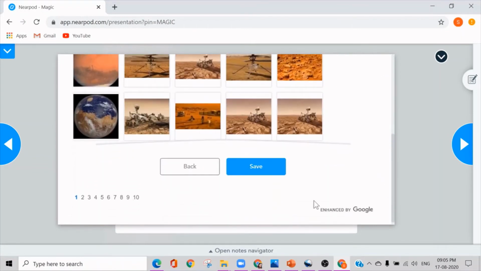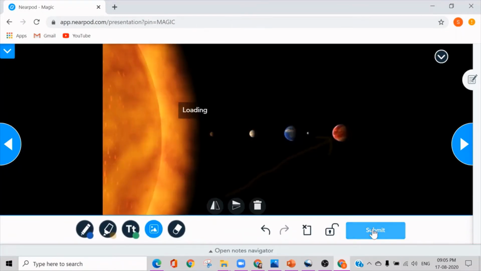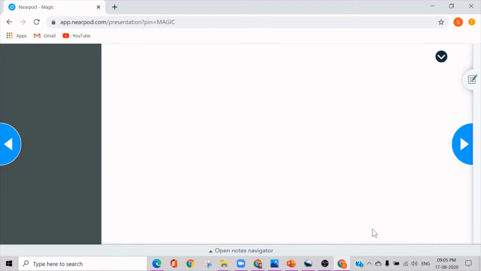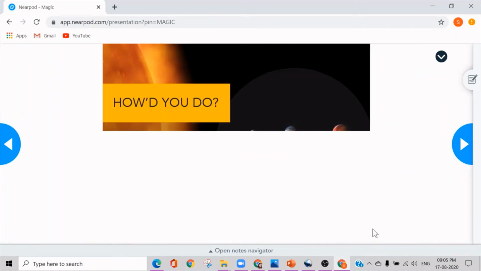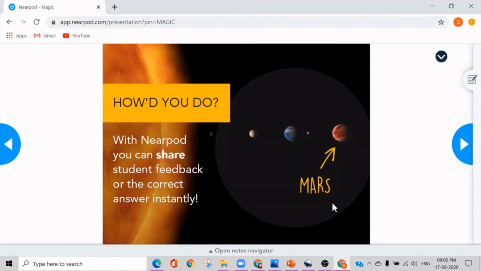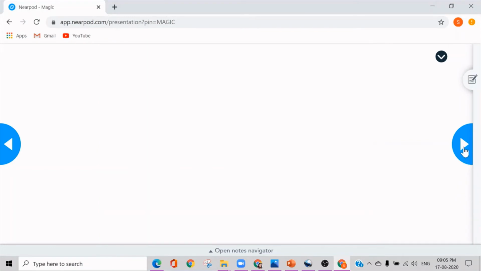I think I'll use this. I can save and I can submit the image so that my teacher would get my answer there. So this is how with Nearpod you can share the student feedback for the correct answer instantly. Teacher can share the right answer.